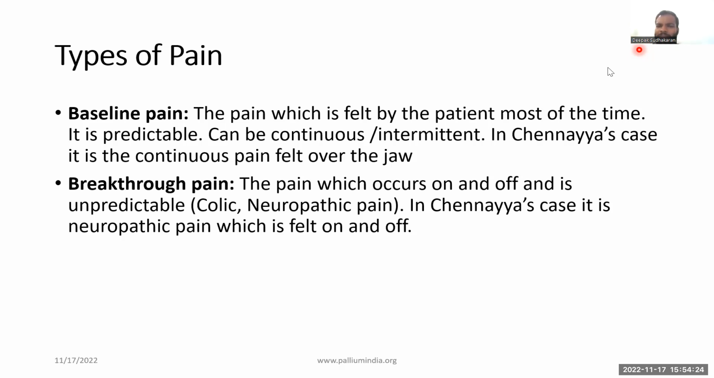Then there is something called a breakthrough pain. Breakthrough pain is something which occurs on and off and is unpredictable. Sometimes, doctor, I'm doing fine, I will be lying down and suddenly there is a pain. Then you ask them, when does it come? On what activity does it come? He's not able to tell. Unpredictable. Anytime it can happen. In that person's case who had head and neck cancer, there was some neuropathic pain which was happening on and off, but very severe. So it will need some additional medication. So that is called a